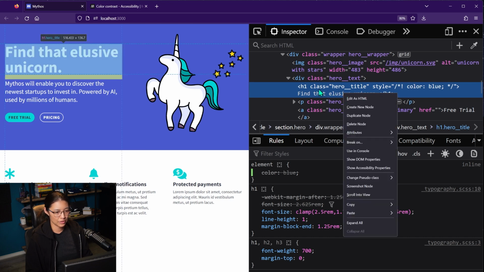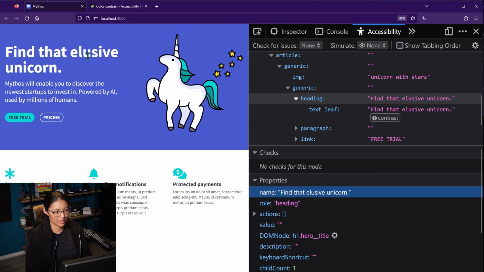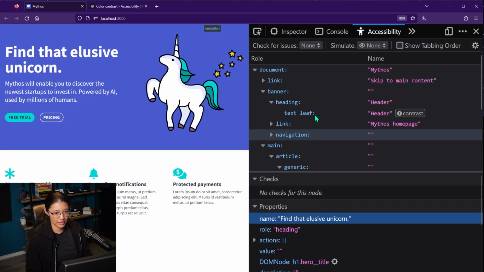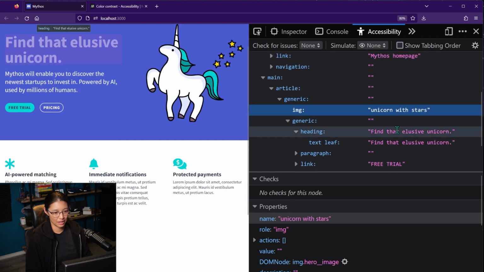You can also go to the accessibility inspector if you right-click an element and go to show accessibility properties, or on the website, right-click inspect accessibility properties. It goes to the same place. And you can see here at the top, it tells you the hierarchy of all the different elements. So this is helpful for you to see.